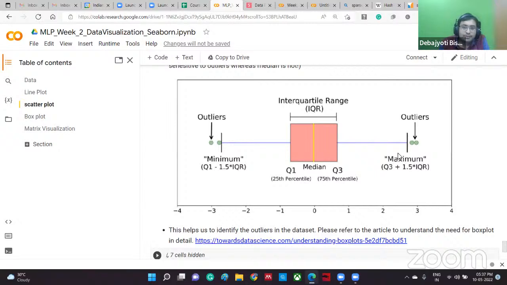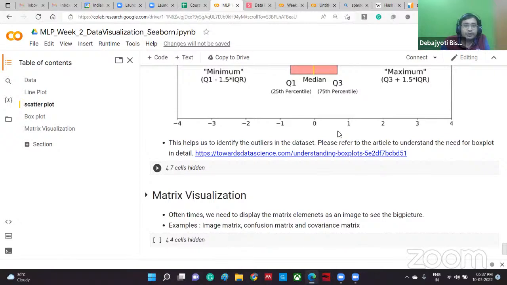Outside the minimum and maximum, there are two or three data points which are outliers. Except for the median, one end of the box represents the 25th percentile, which is the first quartile, and the top end of the box represents the third quartile, that is the 75th percentile. Okay,